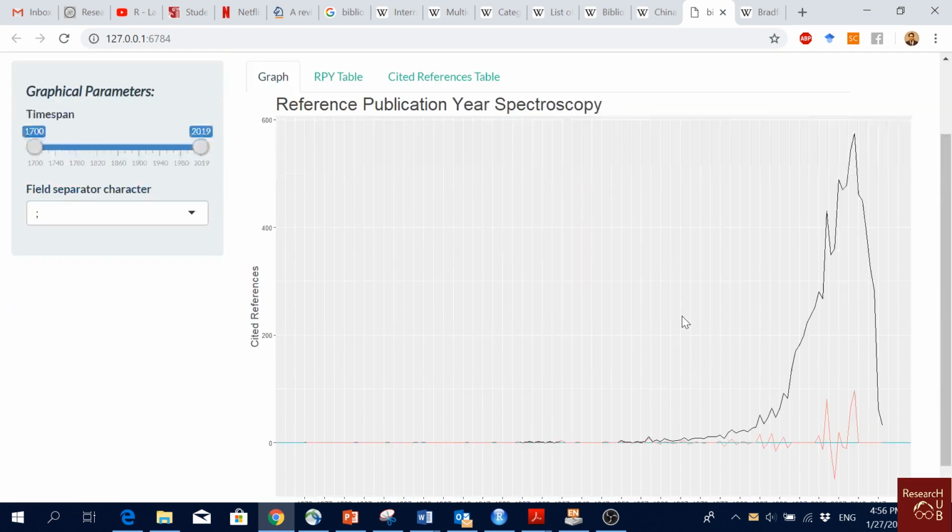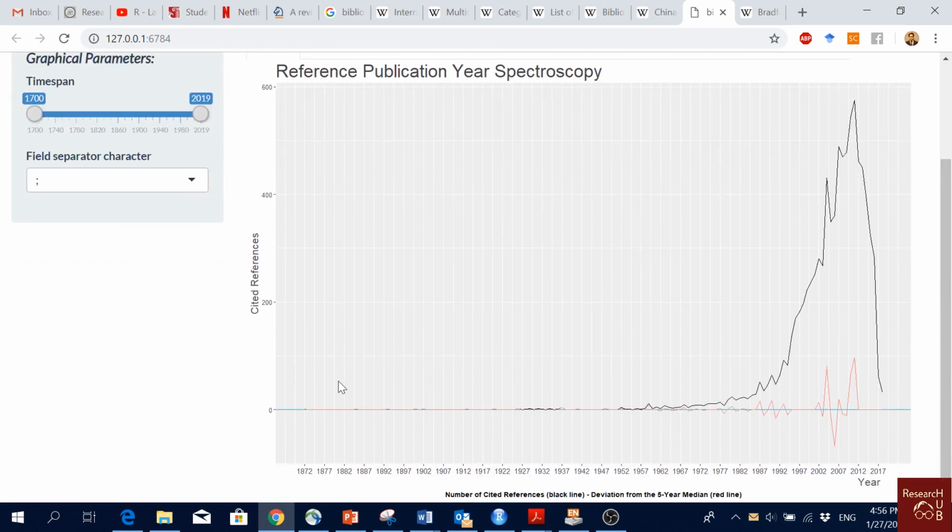References stethoscopography. Here we can see the number of cited references. I also actually don't know very much detail about this, but it's like references, and here you see the deviations within the past 5 years. So here it seems to be having some deviations. Okay,